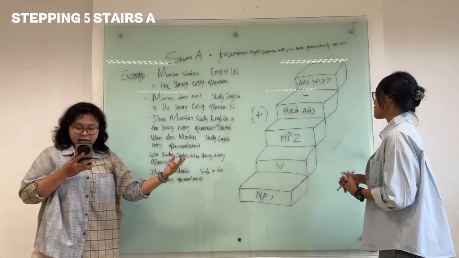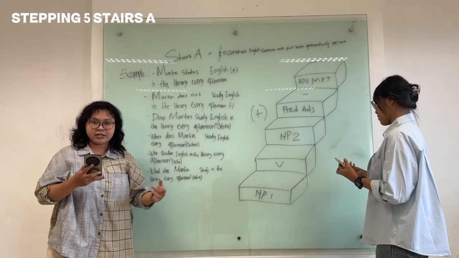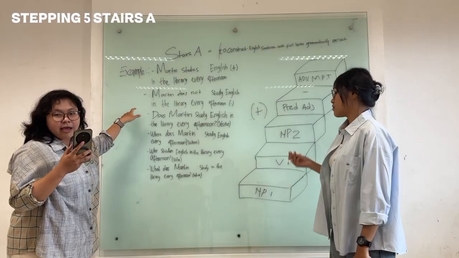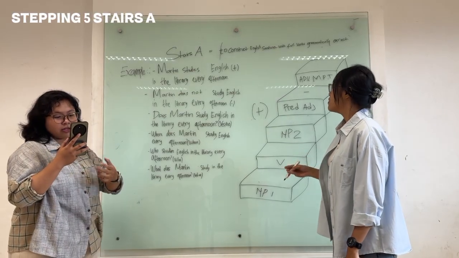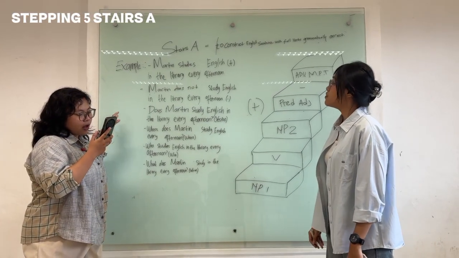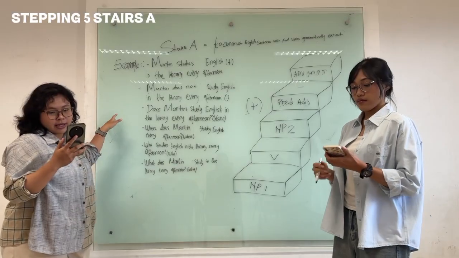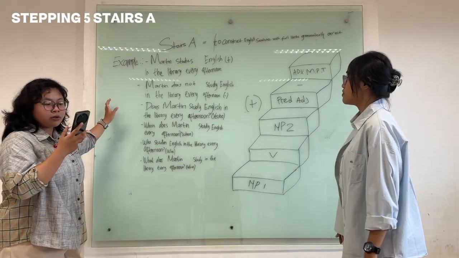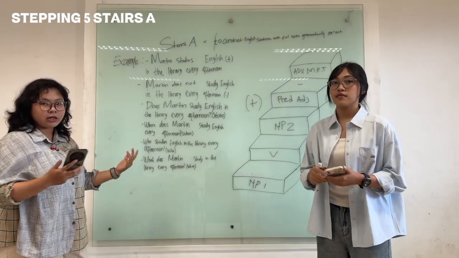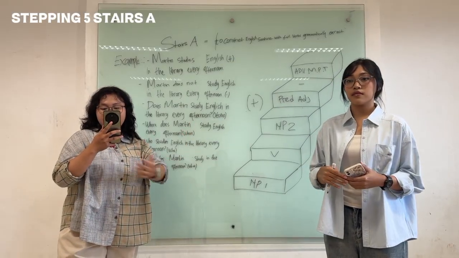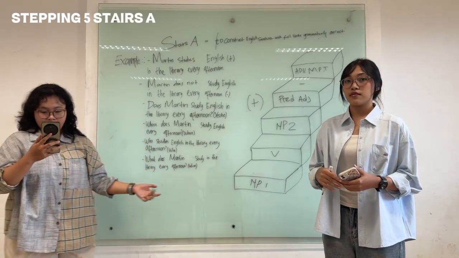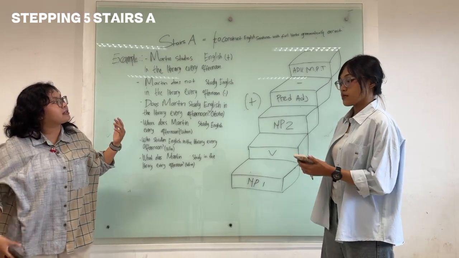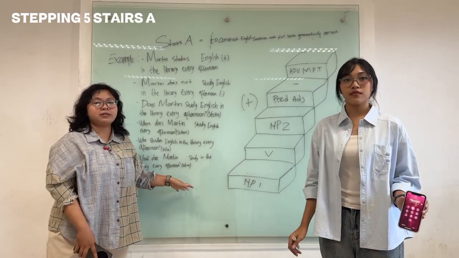Stepping the 5 stairs A is a teaching technique to teach language learners grammar with fun and easily. The name is so because the technique is like a 2 floors house with stairs inside of it. The focus of the technique is on the processes of how the stairs will help the language learner produce English sentences grammatically correct. Or we can say that stepping the 5 stairs A is to construct English sentences with full verbs grammatically correct.